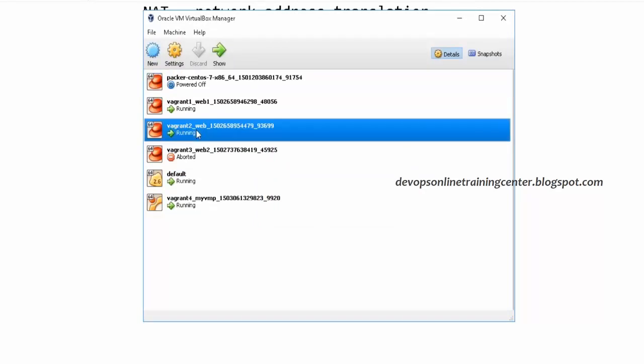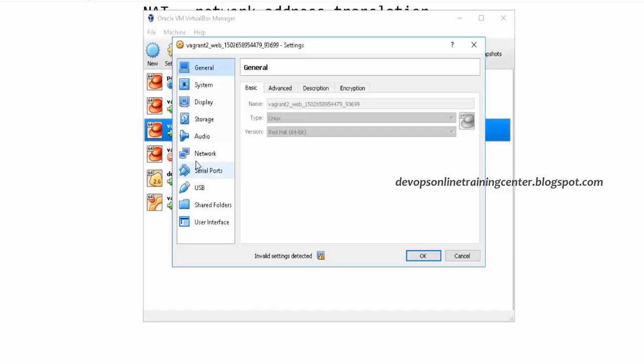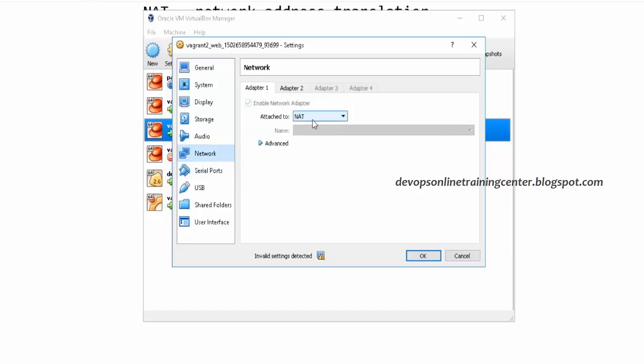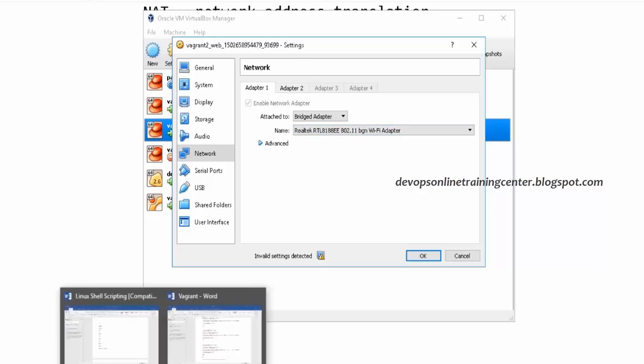Let us say I go to this VM and open settings, and there is something called network. Here there is NAT by default, and there is something called bridged adapter. This you have to give in the Vagrant file so that it will create another interface with the public network. Every laptop will have its own Wi-Fi adapter, so this we have to select and give in the Vagrant file, something like this.